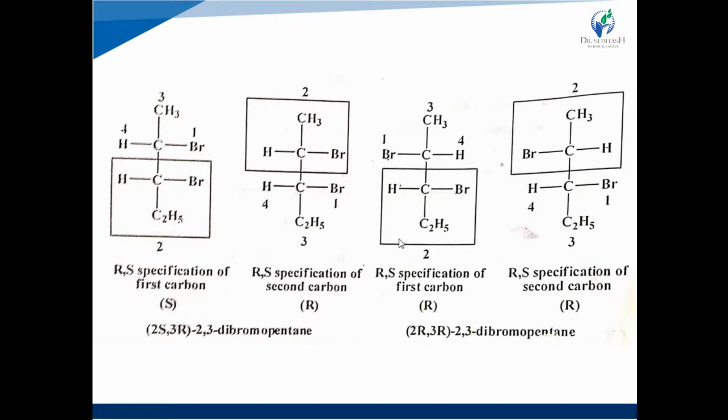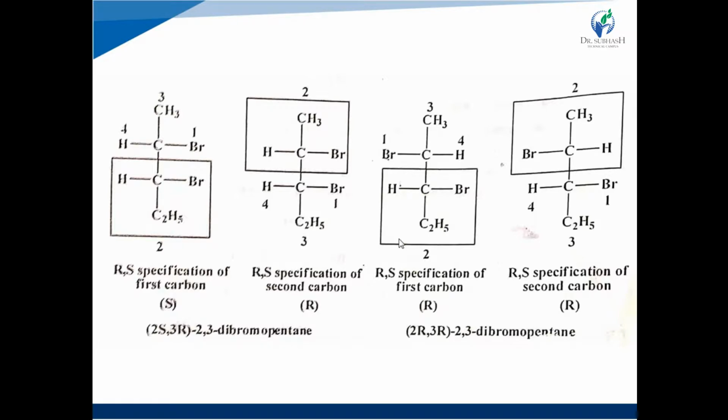So this bromine atom gets first priority, this whole group the second priority, third is the methyl group, and the fourth is the hydrogen atom, right? When we draw the arrow from 1 to 3, it is clockwise, right side. So it should be R configuration, but here the lowest priority group is on the horizontal line, that's why it is the S enantiomer, right? Same on the third carbon.